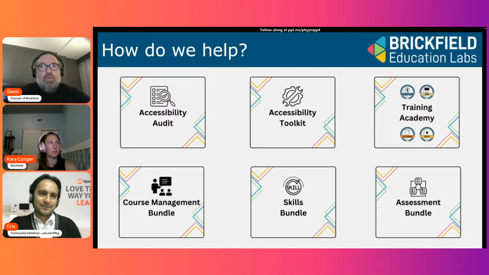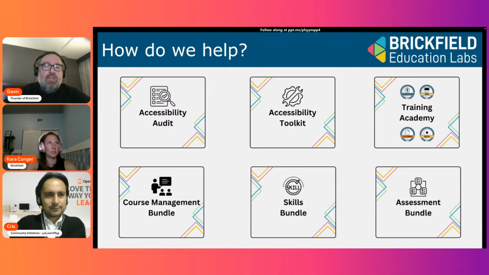Well, we see a lot of that. We see a lot of lecturers who come and go, saying we really want to do something here, but we don't know where to start. And accessibility is a journey from wherever you are now to a more inclusive world or a more inclusive learning course. This might take a few years for you to go through and make improvements over time. But every journey starts with the first step. So taking training, coming on this webinar, these are steps. Using our toolkit, that's another step.